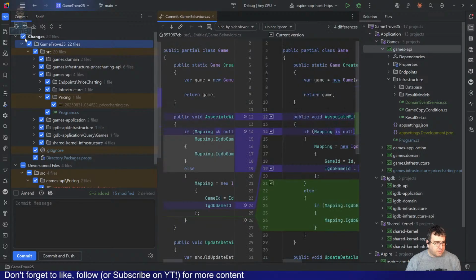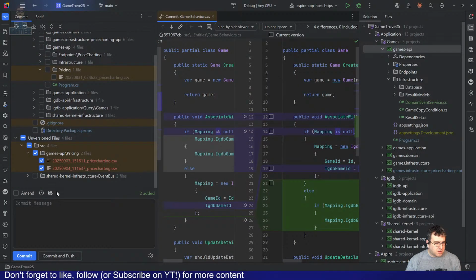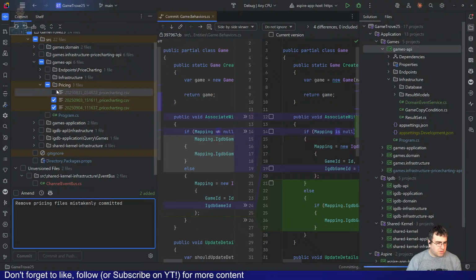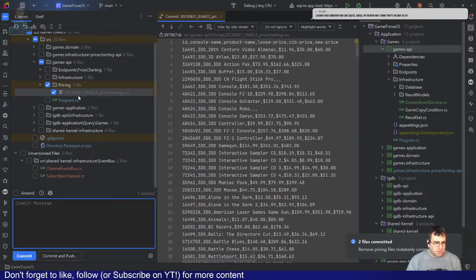Yeah, let's remove. Get rid of them. I don't want to delete the file.